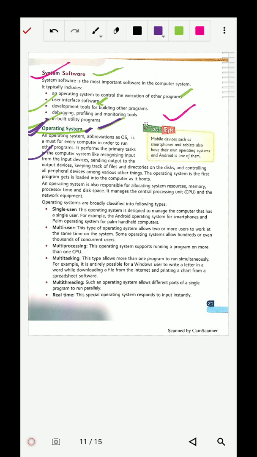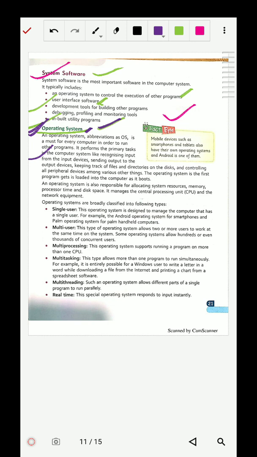Operating system, sometimes we also call it only OS. It performs the primary tasks in the computer system, like recognizing input from the input device, sending output to the output device, keeping track of files and directories on the disk, and controlling all peripheral devices, among various other things.